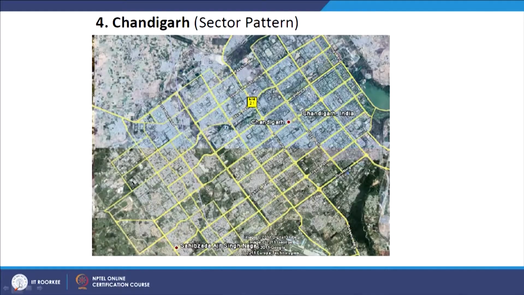So this is a kind of layout, and Le Corbusier's idea is about making a spacious layout. What he did was divide the whole city into a sectoral pattern, and each sector was a little less than 800 meters by 900-something meters, and each sector has its own neighborhood qualities, especially if you talk about